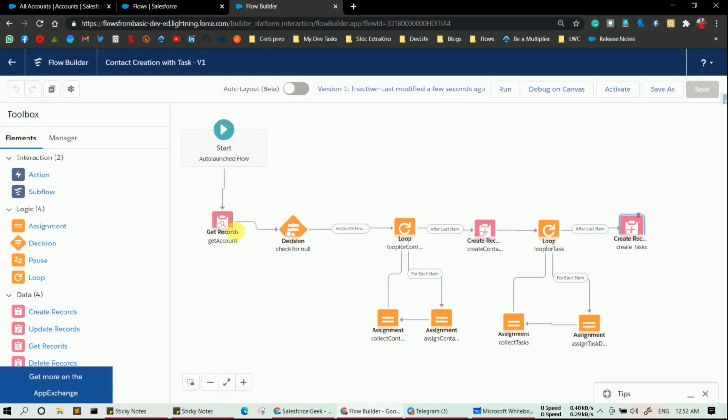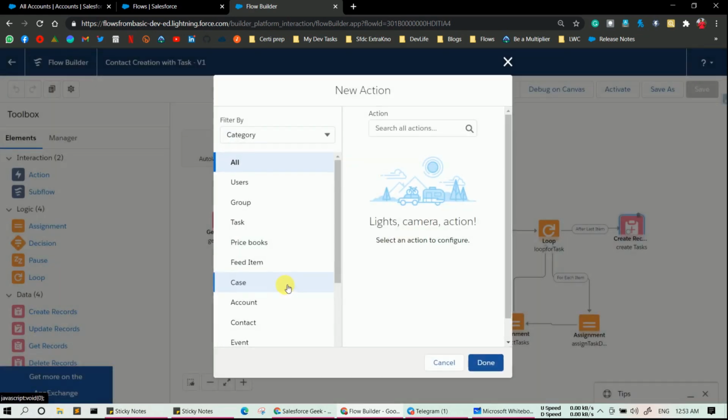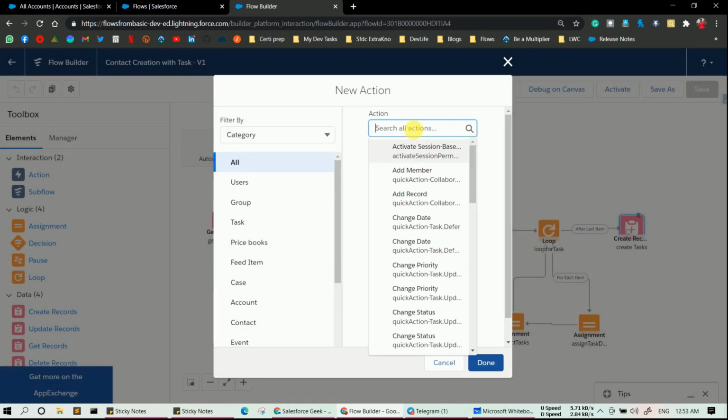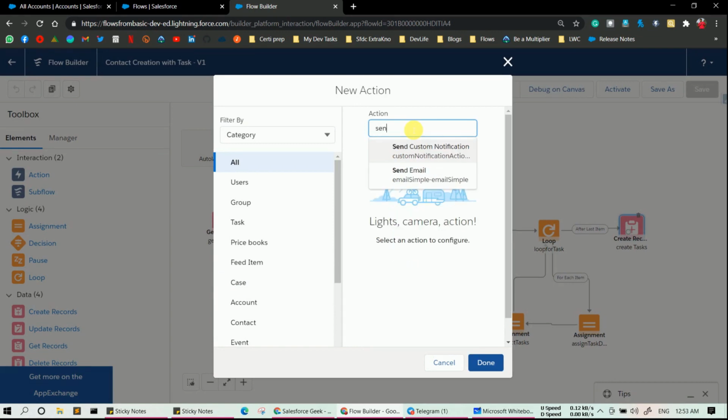So in the second decision, basically when we don't have any records, we need to send an email. So to send an email, what we need to do is drag and drop an action element over there, and in the action we need to search for send email. So here you can see the send email option is there, click on it.